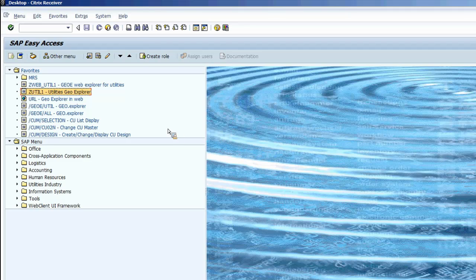And what we want to do in this particular demo is really give you an idea of utility work management using standard processes within SAP versus map-based functionality. Now, what we want to do in this particular use case is be able to change out less efficient streetlights